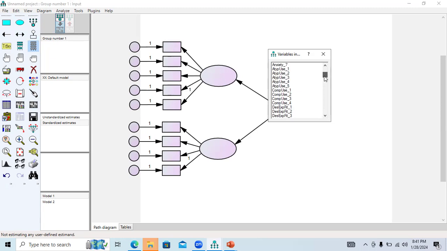So let's suppose I would like to use adopt use as my first construct's indicators. A type use 1, A type use 2, A type use 3, A type use 4, and A type use 5. In the same way, I would